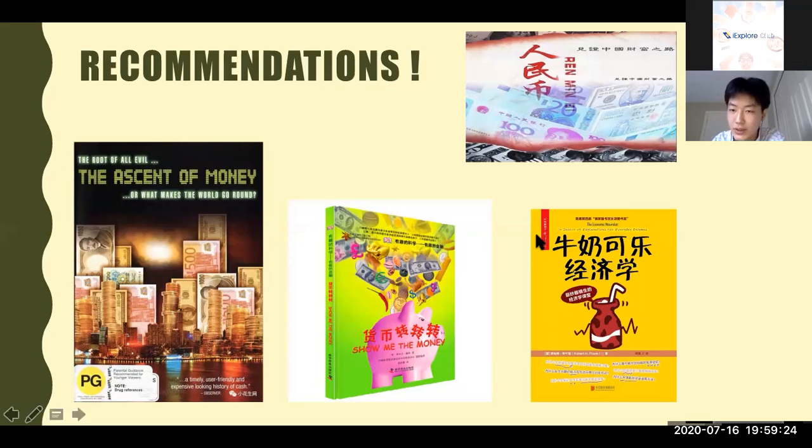And also another documentary by CCTV, which is called RMB, is a documentary about the wealth of China and how it has formed its own modern currency. And the two books are below. I think there's no need to introduce them because you can see the titles and all the covers. They're all books for basic economic learners, and they're pretty useful and fun to read.